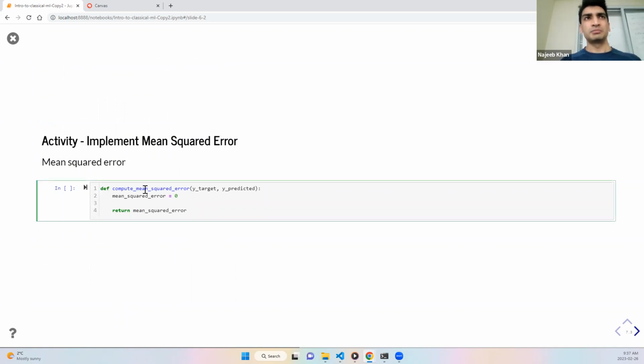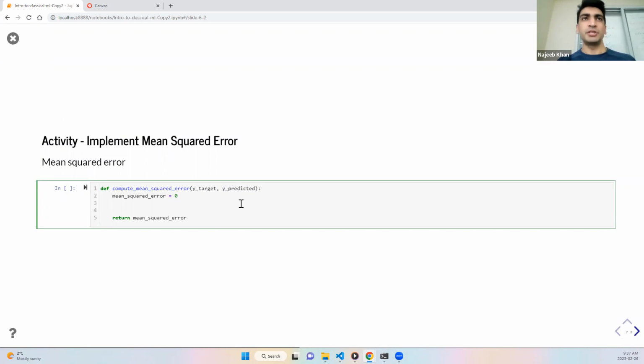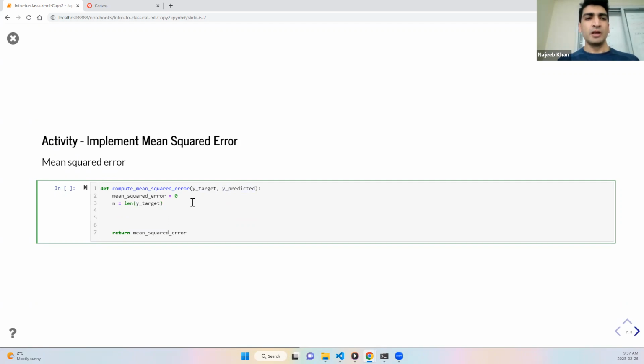So here is the function, compute mean squared error. We have the actual targets and we have the predictions from the model. So how do we compute the mean squared error? First we need to compute the error. Since there would be a whole bunch of these targets and predictions, these are two arrays. So we need to find the length of these arrays. Let's say n is the length of the array. And then for each of these array elements,